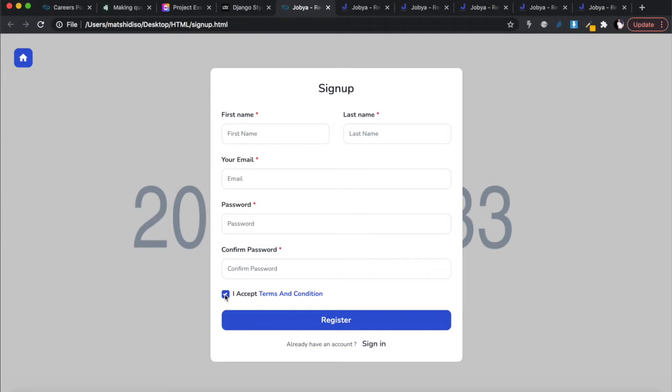So in our application, we're going to be collecting a lot of stuff. We're going to be collecting people's CVs. We're going to be collecting people's work records. We're going to be collecting a lot of personal data that's going to be associated with the clients that are using our web application. So by law in South Africa, at least, you're required to have terms and conditions and